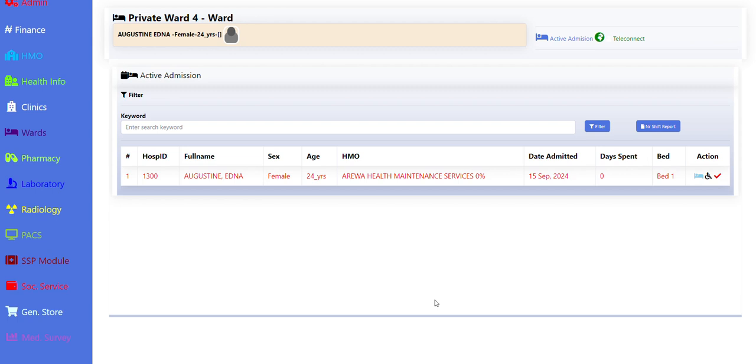I may write blah blah like this. Maybe malaria, and I don't need to appoint the patient to any clinic. I can click on submit. So with this, you see the name of the patient in the clinic, the color has changed from black to red, indicating that the doctor has cleared this very patient for